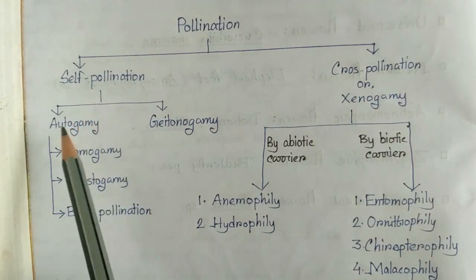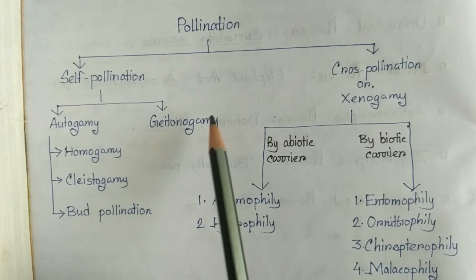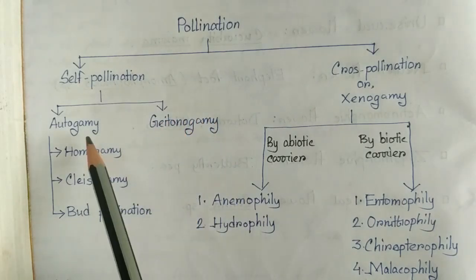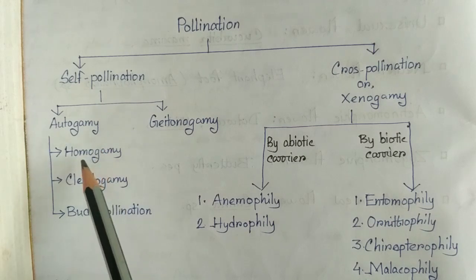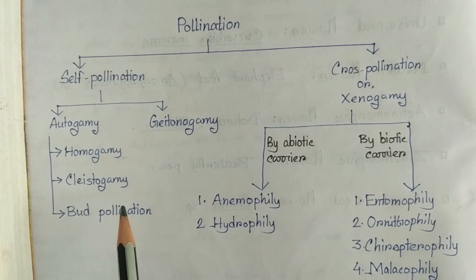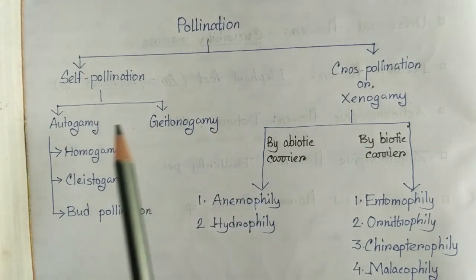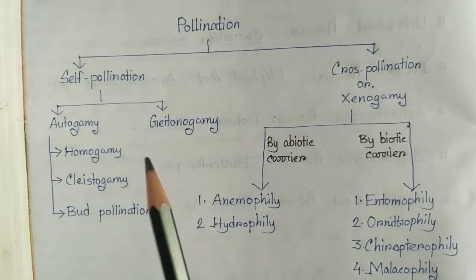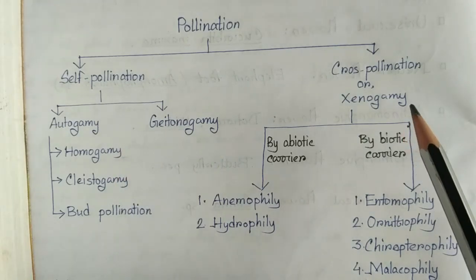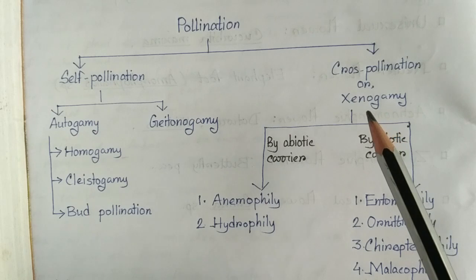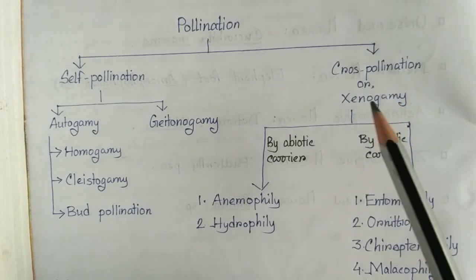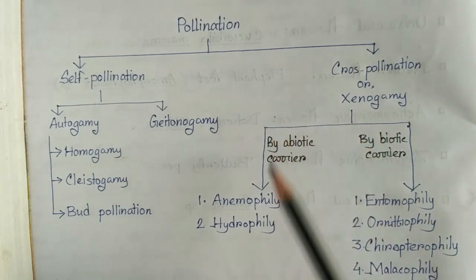Self-pollination is further divided into autogamy and geitonogamy. There are no types of geitonogamy, but autogamy is further divided into homogamy, kleistogamy, and bud pollination. Notice that there is no carrier present here. But in the case of cross-pollination or xenogamy, there must be a carrier presence, and it is divided into two parts on